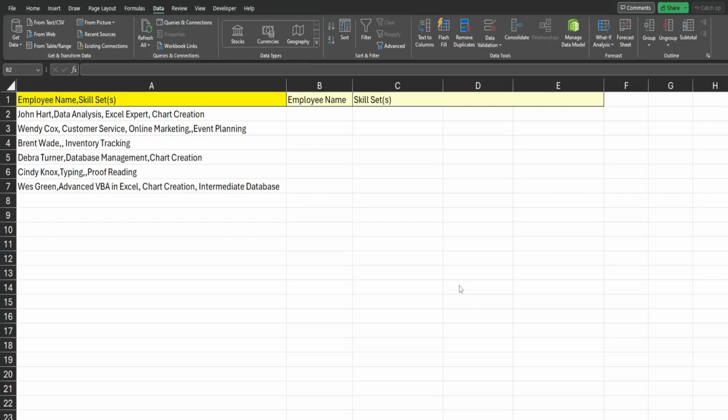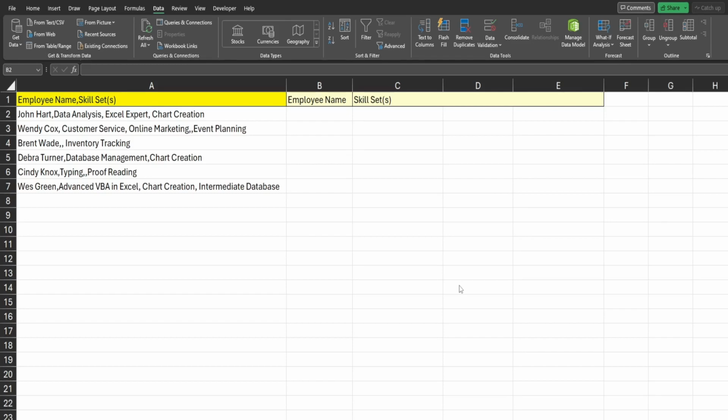In this video, we're going to look at the TEXTSPLIT function in Microsoft Excel. You can use this function when you want to split or parse out strings of text on your spreadsheet based on a single delimiter or multiple delimiters that you specify. Now, one thing I need to state right now is that